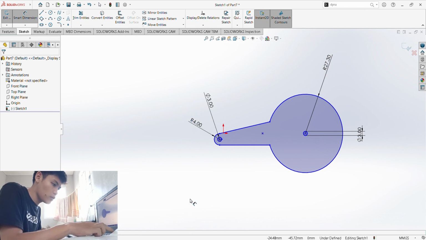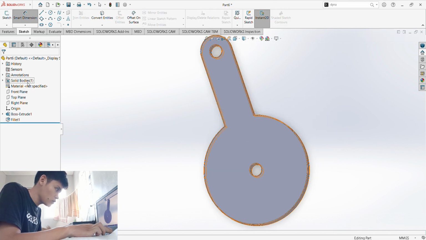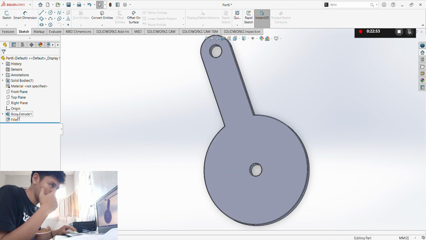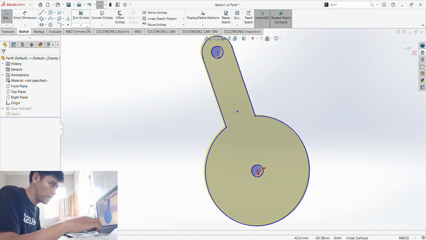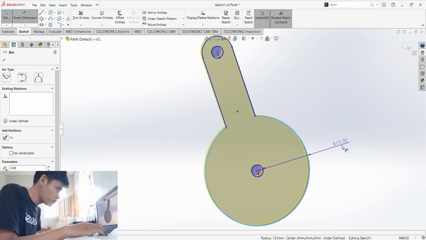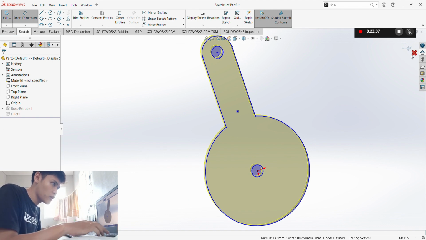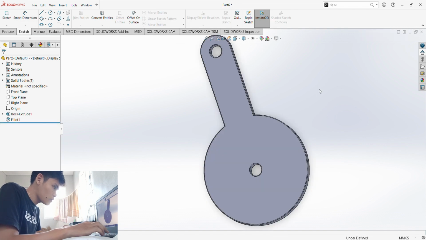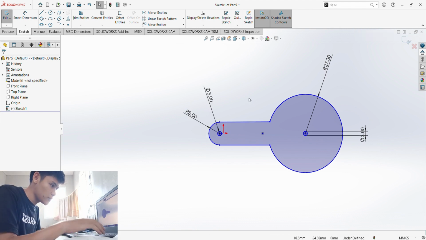Oh, so there's something wrong. We've actually made this one in MMGS. It's right, it's correct. So maybe that's the problem with copy paste. It sometimes won't give you the exact same values for the dimensions. So all we have to do is just repeat it, because it's just easy anyways.